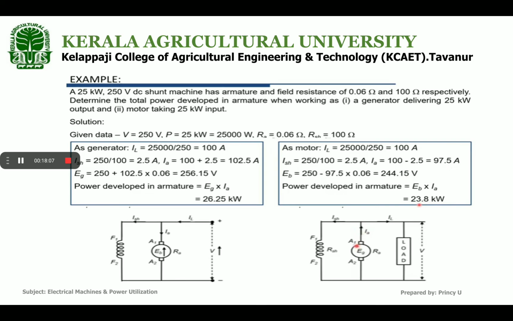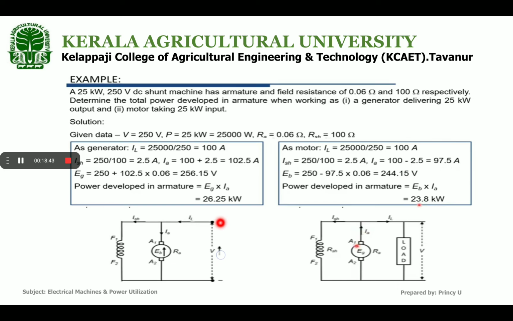Okay. So considering it as a generator, let us draw the single line diagram. We have been given that it is a DC shunt machine. So draw a shunt machine. Then as a generator, you can find out what happens. Eb is the generated EMF and V is the terminal voltage. So Eb will be greater than V. Okay. So first you have to find out the load current. The load current direction will be into this side.